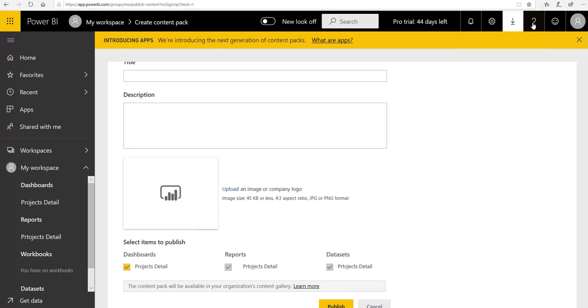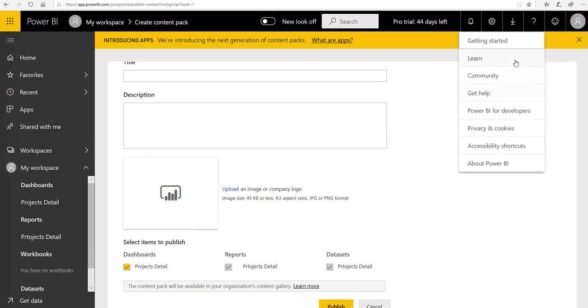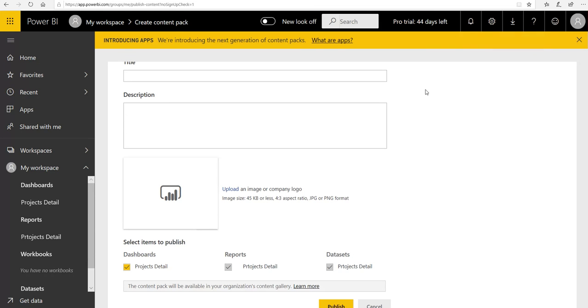Next is the help button. If you click here you will see different options. If you want to learn more about Power BI or online services, these are the help desk, you can read about Power BI or you can get some help from here. This option is for feedback. If you want to give some feedback, you can write down your idea and whatever you want. If you have some issue, this is the feedback area. And the last one is for the sign out. If everything is done, just click here, and with the help of this you will sign out. So simple it is.